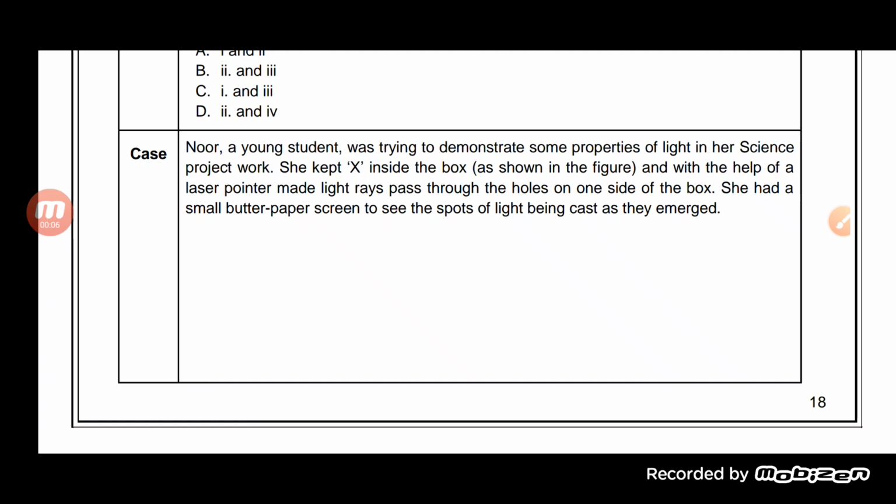So students, in the previous class we were talking about the questions from the sample paper. Today also we are going to continue, and today we will see some questions from the case. Although we have started with the case, we haven't finished it. So let us see the case again.